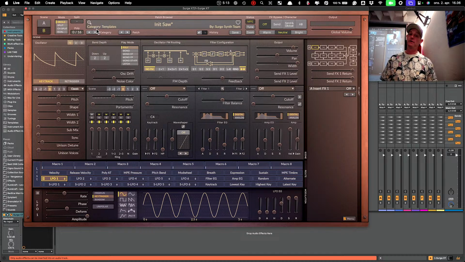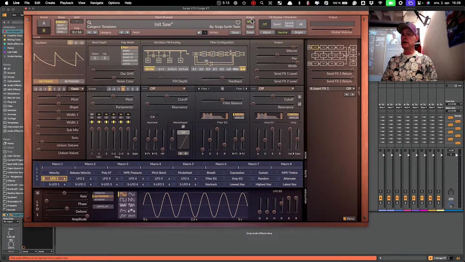And then the categories, we can choose between the categories, and then the presets here, we can undo and redo. That's really nice if we did something wrong. Then over here, it's MPE friendly as well. So if you have a Push 3 or a Roli keyboard, we could do multi-polyphonic expression on this bad boy